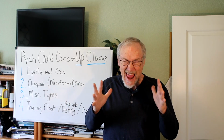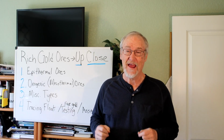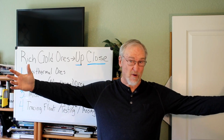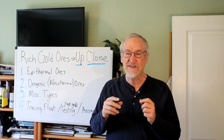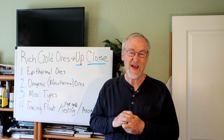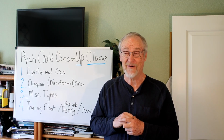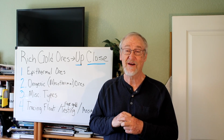But still, even at 10 ounces per ton, which is high grade for him and high grade for anybody, that's a very little bit of gold in a whole lot of rock. So you gotta be able to recognize this stuff. And with the price of gold today being so high, even 1 ounce per ton is $3,000 per ton of rock. That makes that rock worth $1.50 a pound,